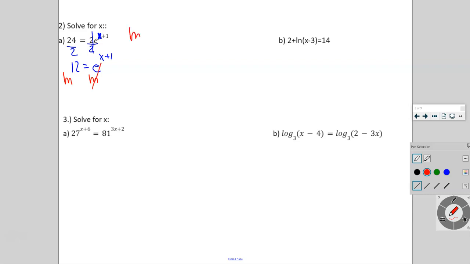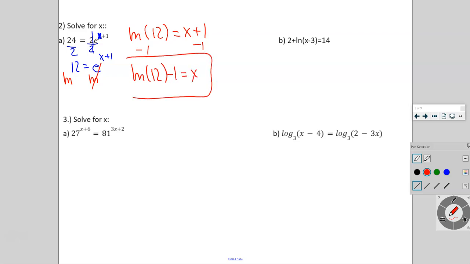On the left side, I'm going to have a ln of 12, and now my exponent drops down to x plus 1, and all I have to do is move the 1 to the other side, okay? So that's ln of 12 minus 1 equals x, right? Now just remember that this negative 1 does not belong to the parentheses, okay? We ln the 12, not the negative 1. All right? Example